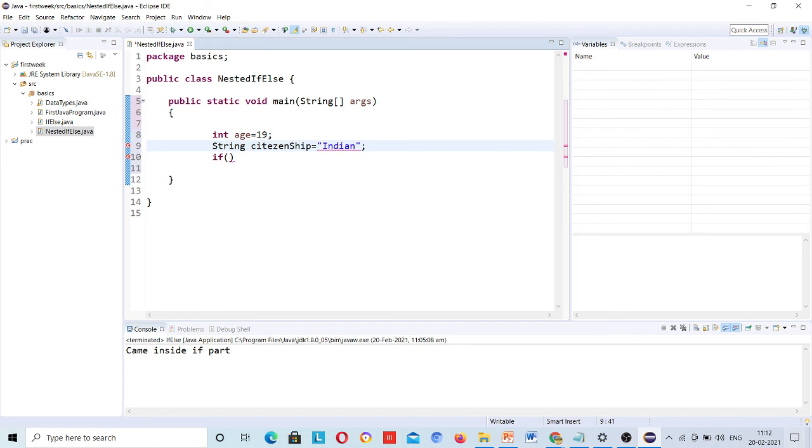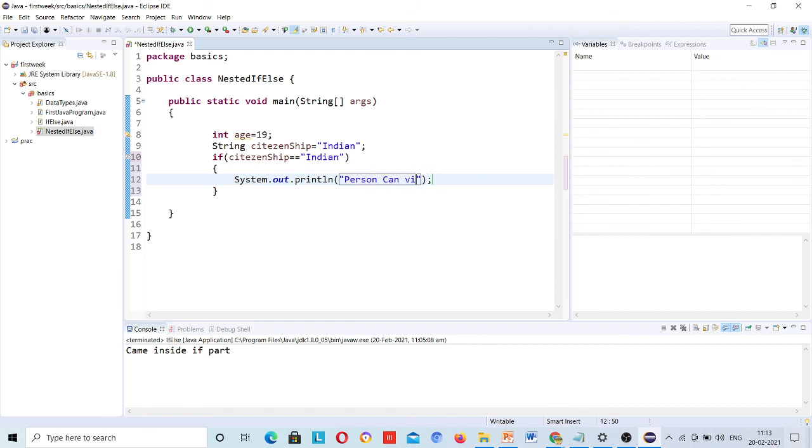Okay, if citizenship is equal to Indian, then sys out can vote.